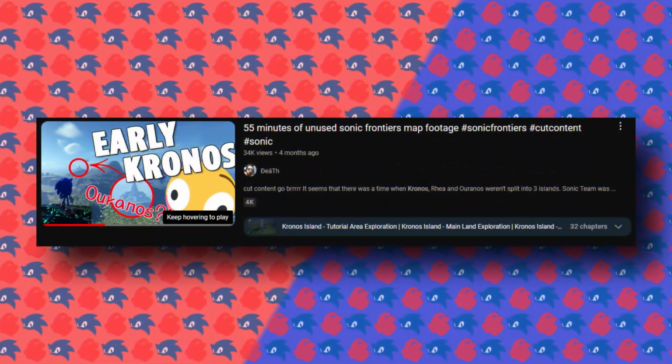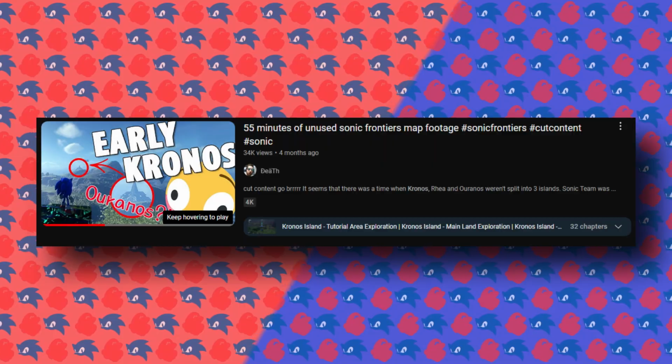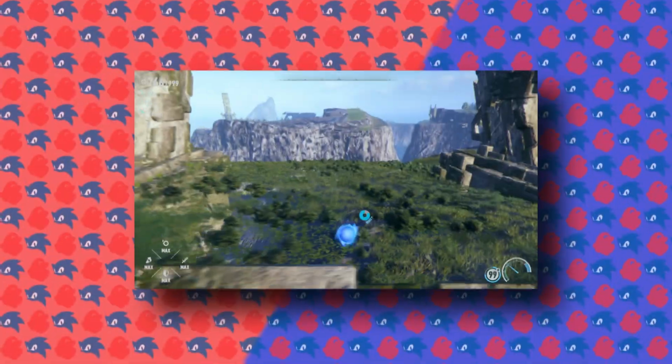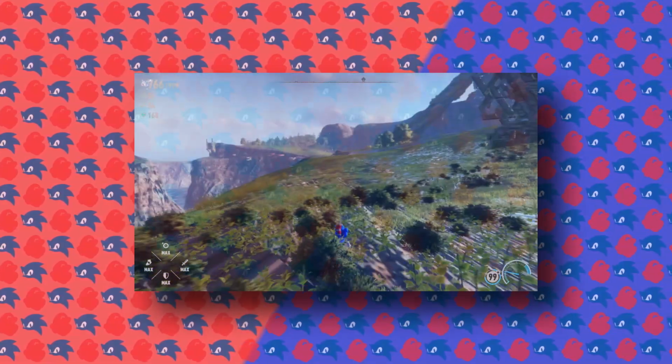If you want to see a potential version of Beta Kronos, I recommend checking out Death's video where he shows all this stuff. I say potential because it's not entirely proven that the version of Kronos he shows in this video was the original version. This video that you're watching right now will just be me exploring the combined version of Kronos, Oranos, and Rhea,